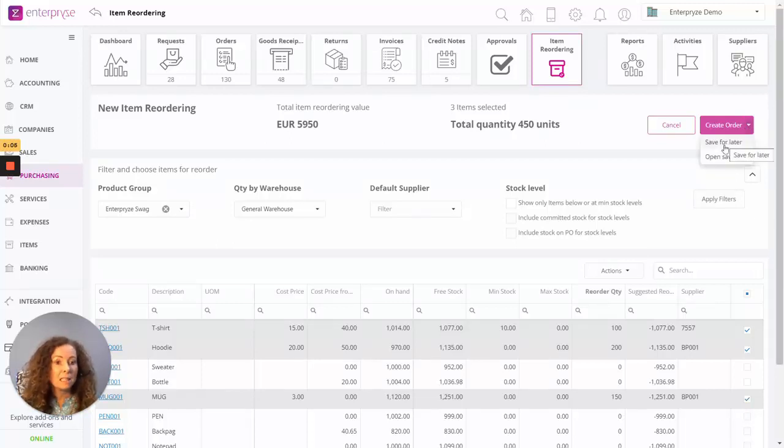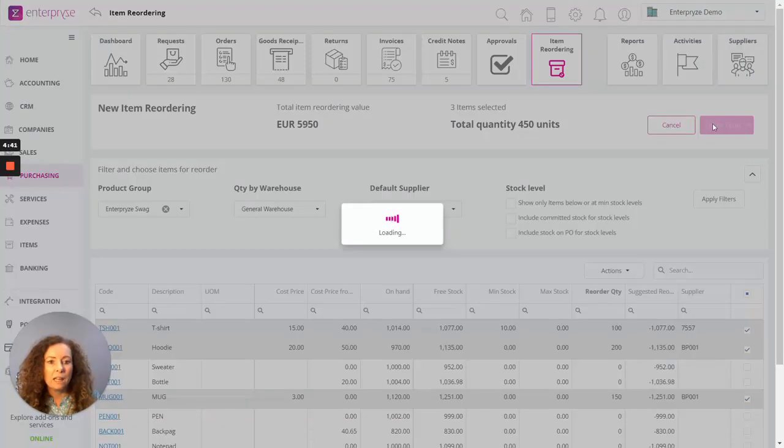And of course, if I come back into the screen, I can open any saved work that I've already been working on. I've mentioned from the very beginning that when you create an order, it will create one order per supplier. So you can see here we've only got 2 suppliers selected, but it's going to create 2 separate purchase orders. So it allows you to replenish at a greater volume in less time. So let's just click on create order